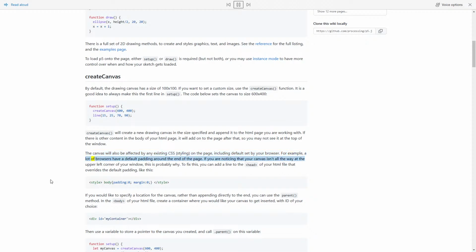For example, a lot of browsers have a default padding around the end of the page. If you are noticing that your canvas isn't all the way at the upper left corner of your window, this is probably why. To fix this, you can add a line to the head of your HTML file that overrides the default padding, like this. <style> body { padding: 0; margin: 0; } </style>